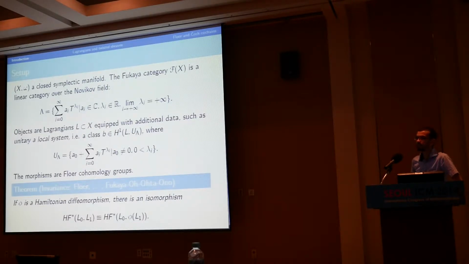So the first idea is to say, well, let's weight by the area. That still doesn't work because the series that you get doesn't converge in general. But now let's say instead of weighting by the area with an exponential term, let's weight with a formal variable. Let's call that formal variable t. And now things do converge. In fact, the convergence is the result of Gromov. Gromov says if you bound the energy of the curve, then there's a compactness result, so there are only finitely many.